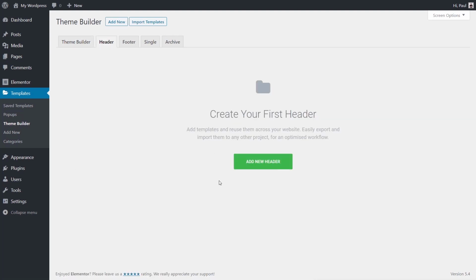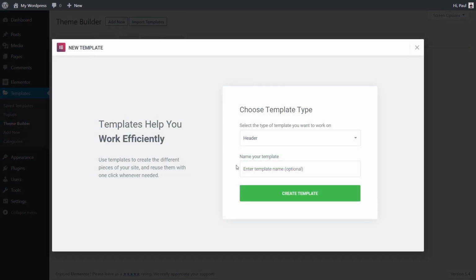Once we come into there, because we've got no theme files created, we're asked to create our first header. So what we're going to do is click on add new header. You can see it pulls up the choose template type option, but because we're already in the header section, it knows we're going to create a header. Next thing, we're going to name this. So we're going to call this default